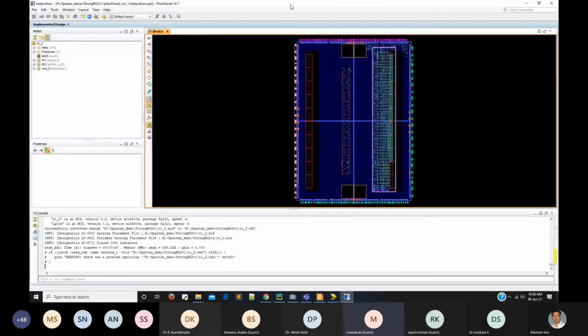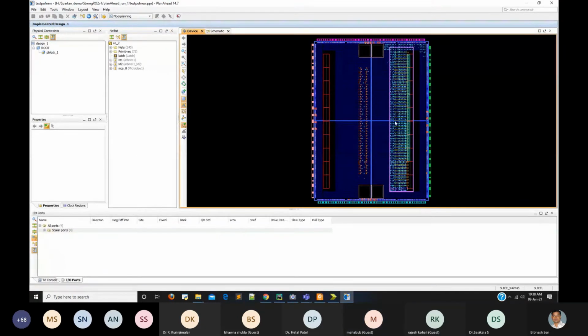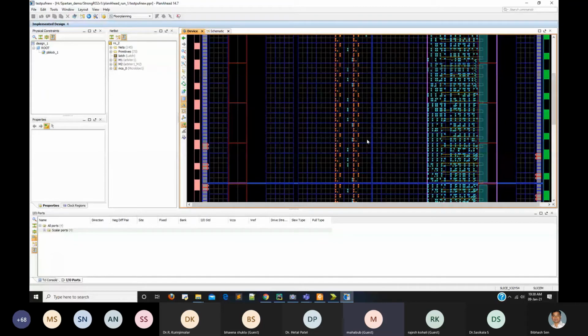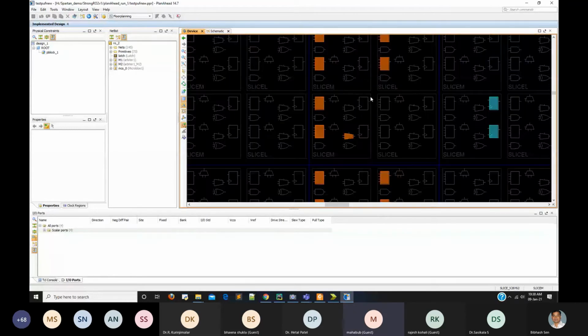See, inside the FPGA board, this is a logical diagram. It will look like this. This contains our MicroBlaze microcontroller. Let me zoom out, and this portion is the arbiter part. Zoom out further. You can check what is inside this slice.